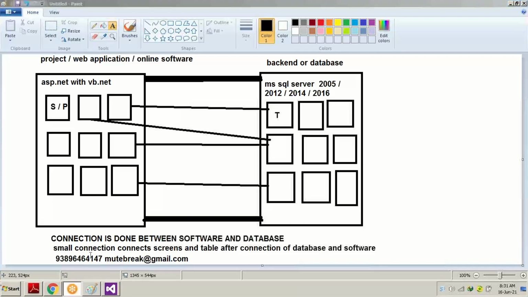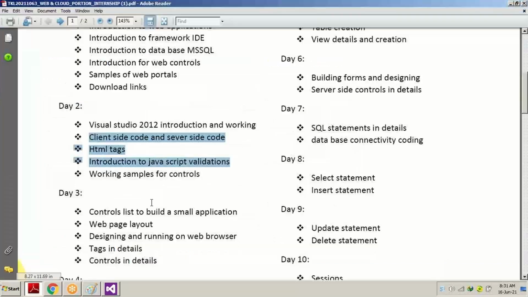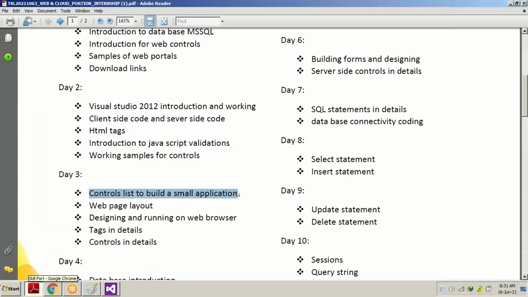We will be discussing more tomorrow. And we will be discussing control lists, building small applications, how many controls, what are controls, and how they are used, web page layout, designing and running on a web browser. We did a small design and ran it on a web browser today itself with a text box and a button. We're going to see some more controls. With some more controls, we're going to see the runtime view of pages, tags in detail.